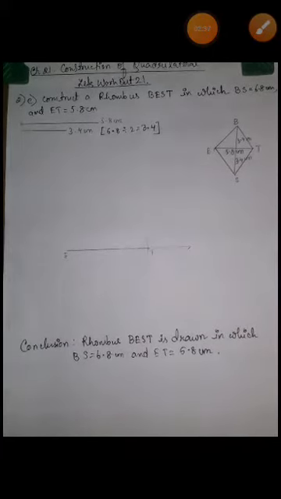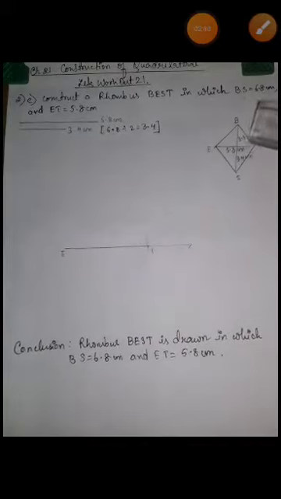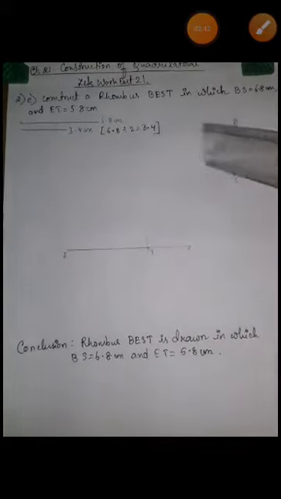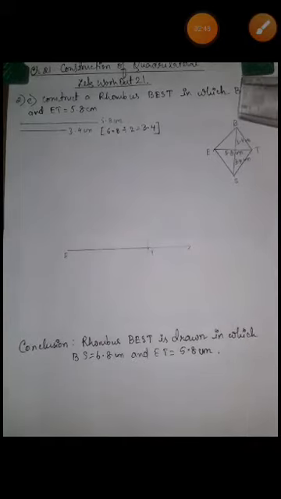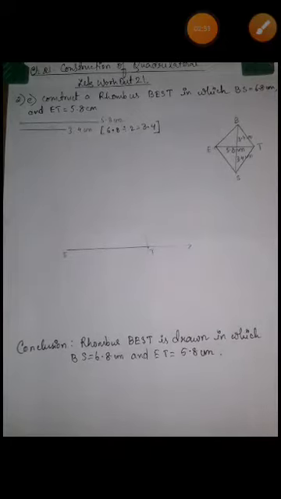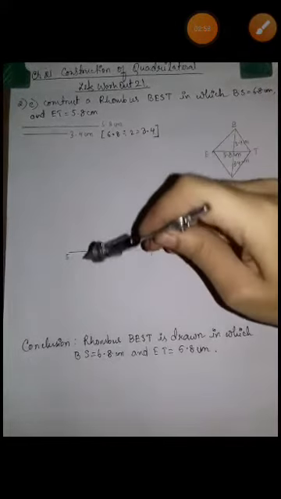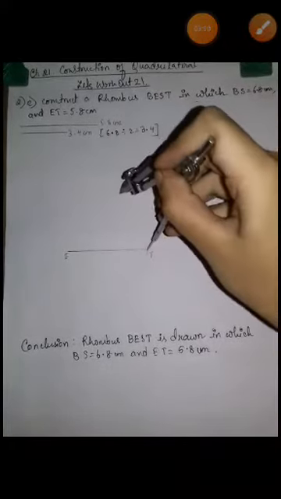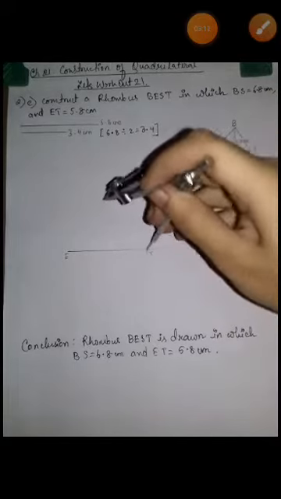Now students, as I have told you, in a rhombus the diagonals bisect each other. You can look at the rough diagram also. This ET is bisected by the line BS. So that means what? We will have to draw the perpendicular bisector. Children, previously in class 6 also you have learned how to draw the perpendicular bisector. You are going to place the pointer of the compass and take the measurement half or more than half, and then draw the arc on both sides, both on top as well as at the bottom.